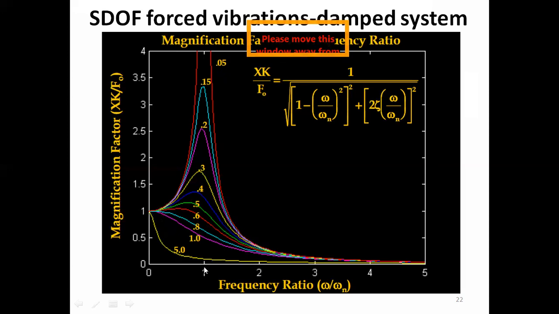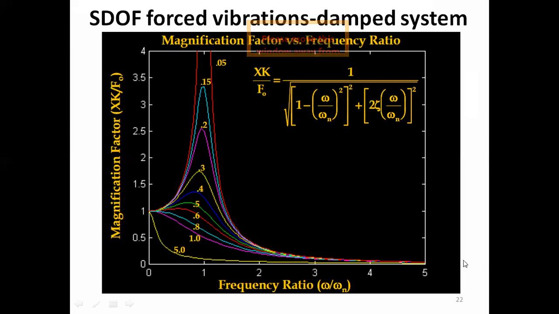So if we look here, we could divide this simulation into a number of regions. This is frequency ratio 1. This is the region where the frequency of excitation is less than the natural frequency, and this is the region where the frequency of excitation is more than the natural frequency of the system. If you look here, all these lines are converging, meaning that at higher frequency ratios, the magnification would have a lower value,